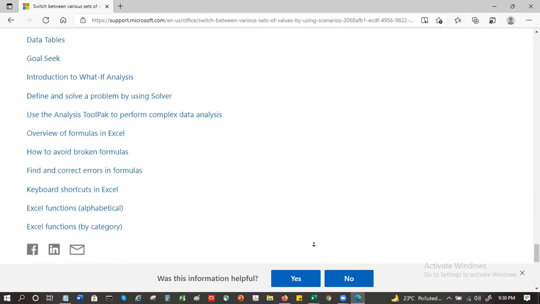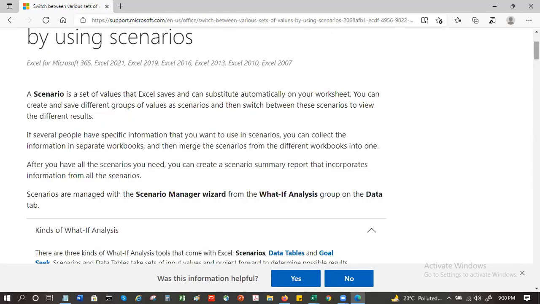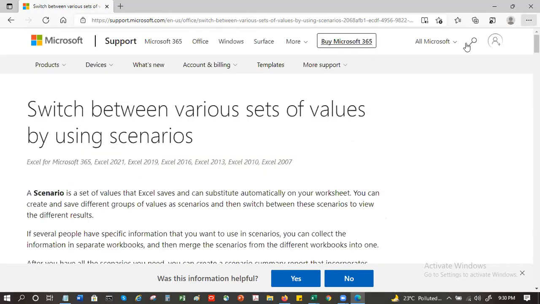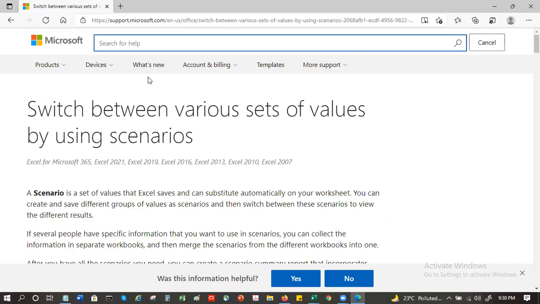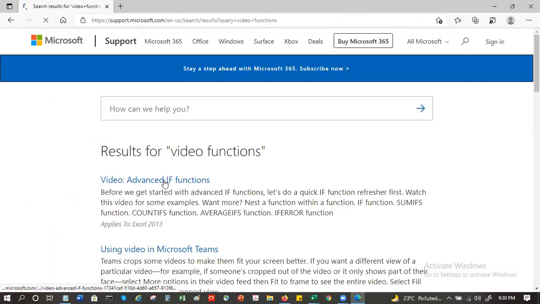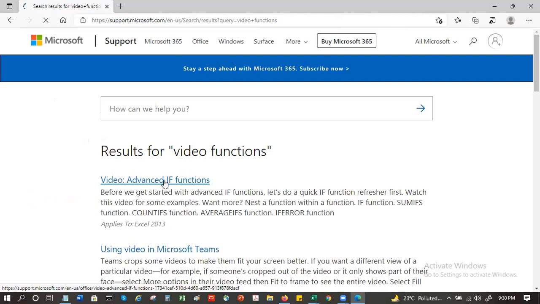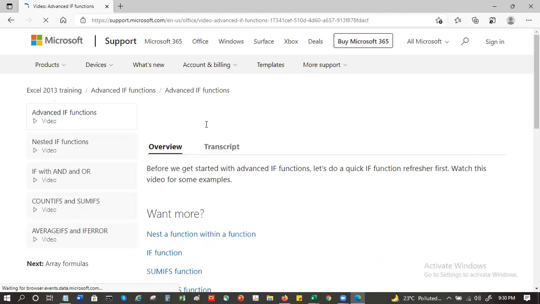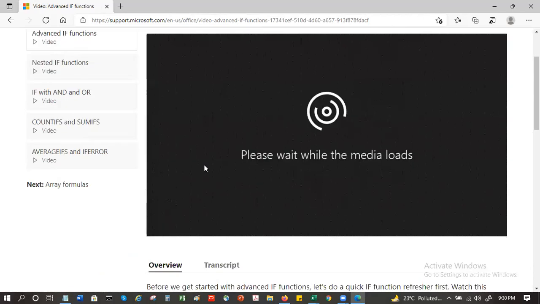And let me also show you, while we are on this page, there's a search here. In the next class, we'll be starting with the functions. So let's say functions. Let's say something like this. So you come here, it's always there and it's from Microsoft. So it's authentic, you don't have to worry about it being genuine.